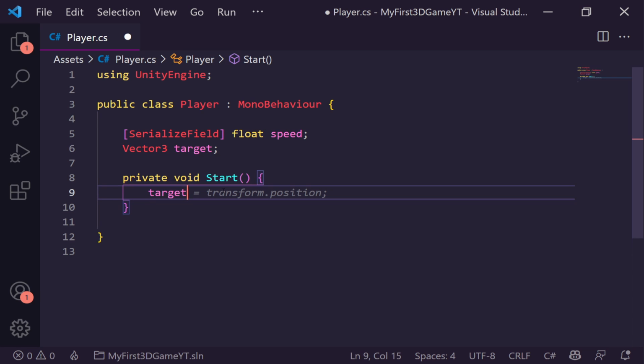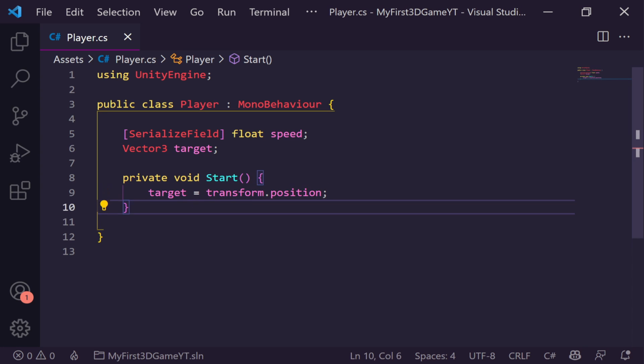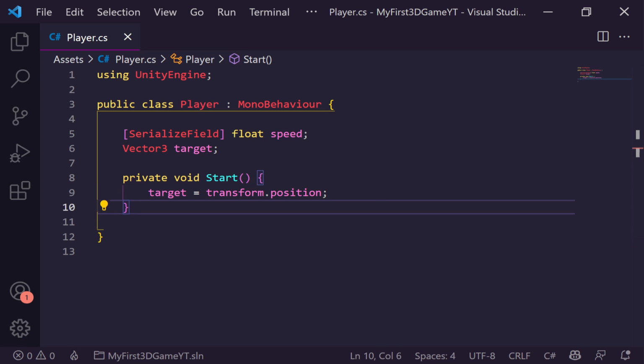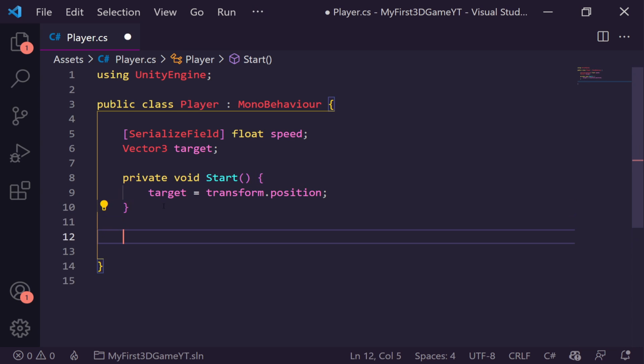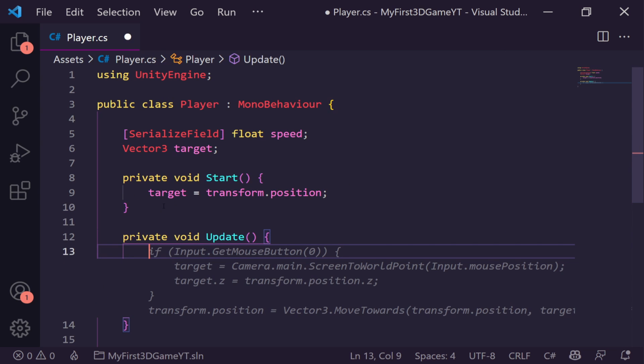And in here we're going to say target is equal to transform.position because we want the original target to be where we currently are. This target is where our player is going to move to. So we're going to change this depending on what input we give. So next up, we're going to create an Update method, and inside the Update, this is called once per frame. We're going to say if